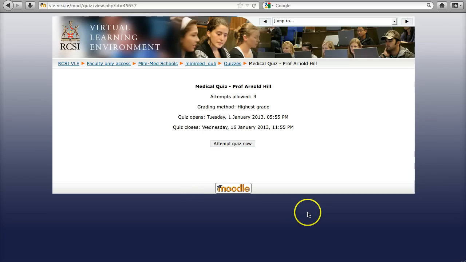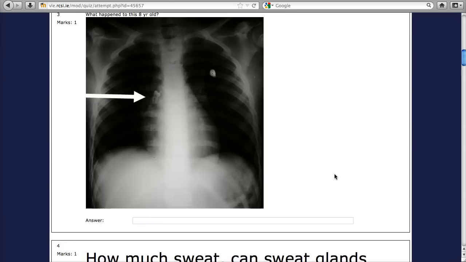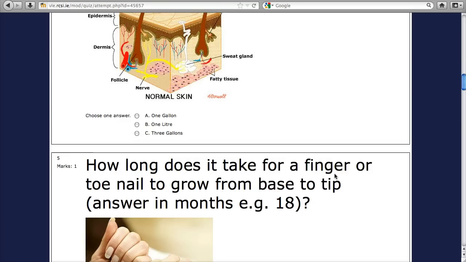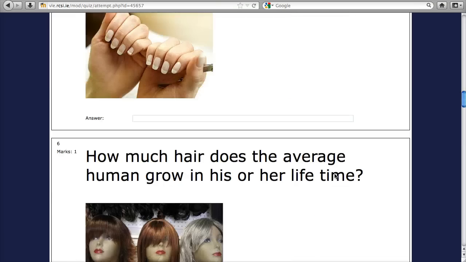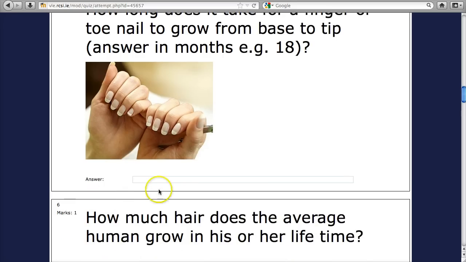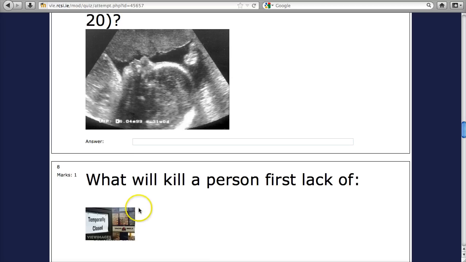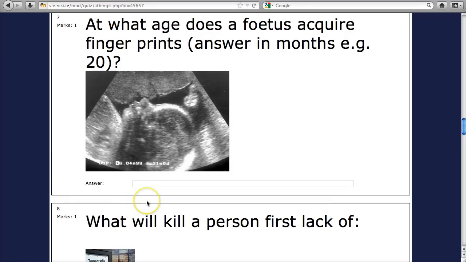I'll show you another quiz here. This is from Prof Hill, the Professor of Surgery. You get 3 attempts at this one, and this will also close at 5 to midnight. Let's have a look. Prof Hill wants to know some questions there. Have a look at it. You can type in your answers, or multiple choice.